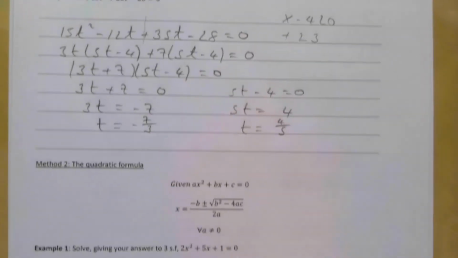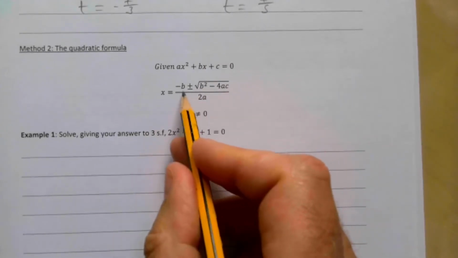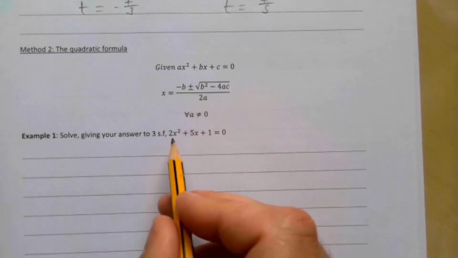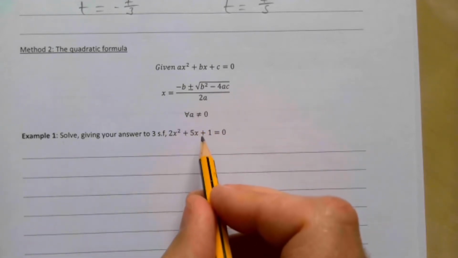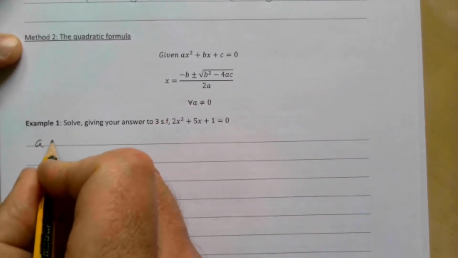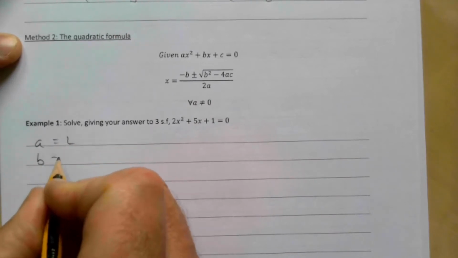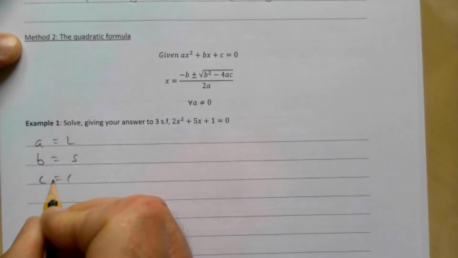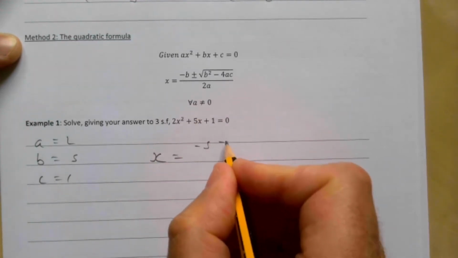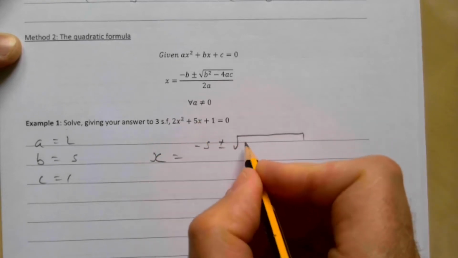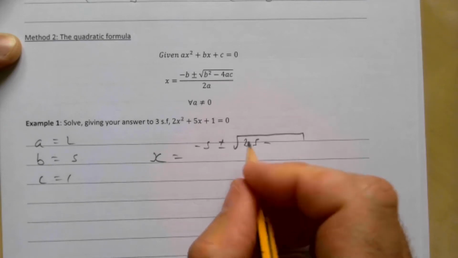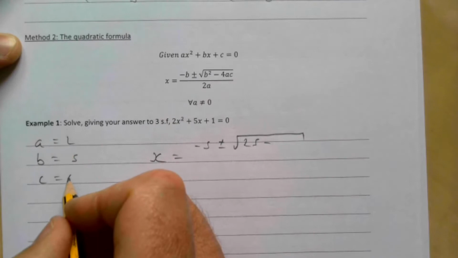Another method we could use obviously is the quadratic formula. So x equals minus b plus or minus the square root of b squared minus 4ac all over 2a. Solve, giving your answer to three significant figures, 2x squared plus 5x plus 1. So again, I would always write out to start with that a is 2, b is 5, and c is 1, and start to substitute in then. So it's minus 5 plus or minus the square root of b squared, so it'll be 25, take away 4 times a times c, so 4 times a is 8 times 1,